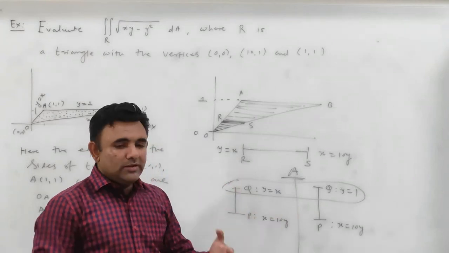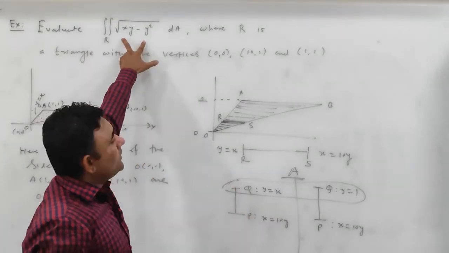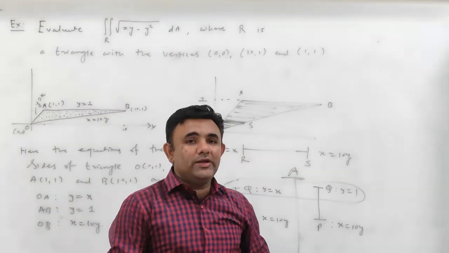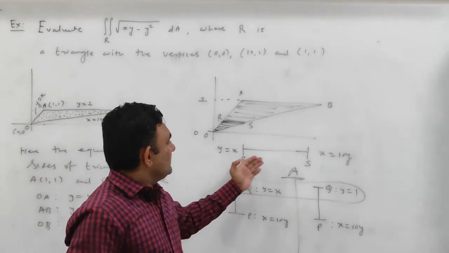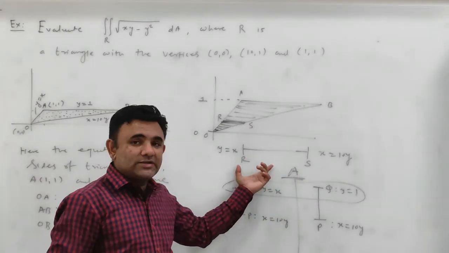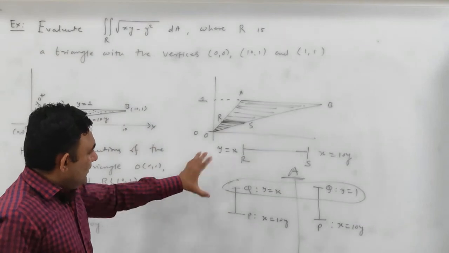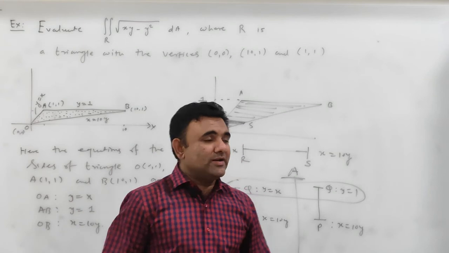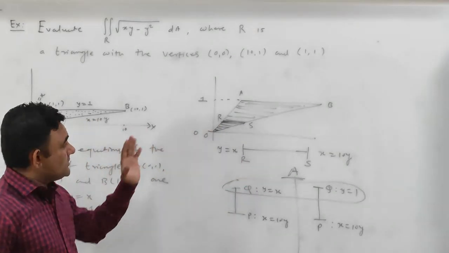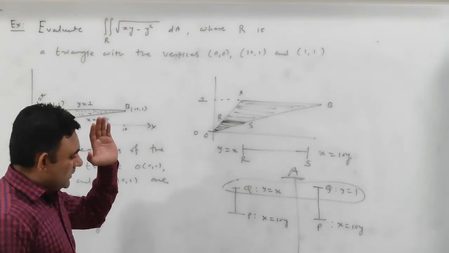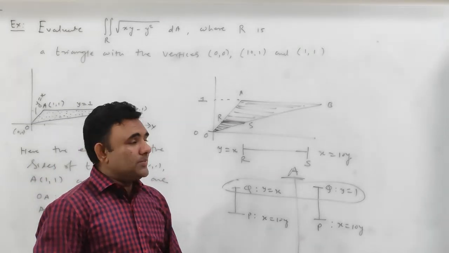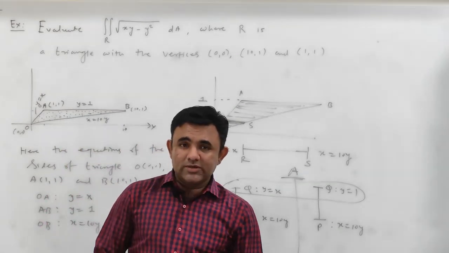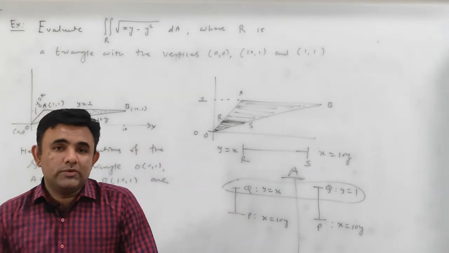Ultimately the process of integration also depends on the integrand. But here we can evaluate our integral with only one limit. So let us go with this case. I hope the difference between considering a horizontal strip and a vertical strip is clear from this example. It is a very simple example to understand whether we have to consider a horizontal strip or a vertical strip, and what situation we have in each case.